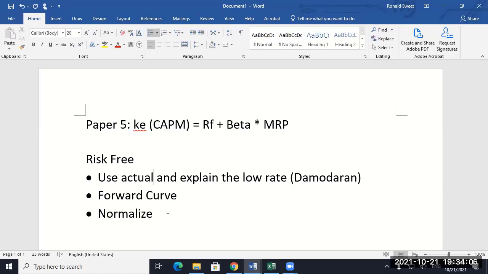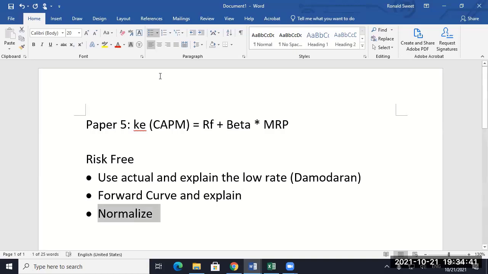All right. So if you normalize, the problem with normalizing is that it's hard to say we're at this abnormal period of time for the last 15 years. If this were a couple of years after a major crisis, yeah, then you can say normalize, but what is normalized? I'm not a big fan of normalizing, but whether you use the forward curve or the current, you have to explain. So there's a little discussion. So it takes a little bit.